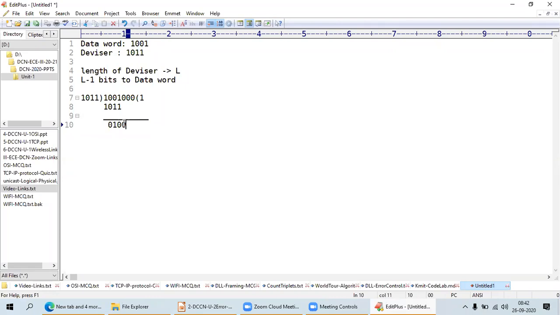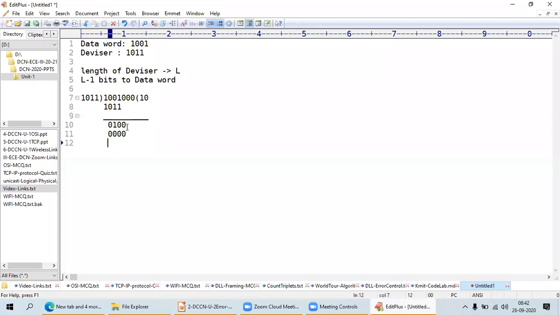Here what I have to do: next time the resultant starts with zeros, so I have to divide with 0, sorry, 1 0. Now coming to this word, whenever I'm doing binary division with 0 0, I'm not taking 1 as the thing.